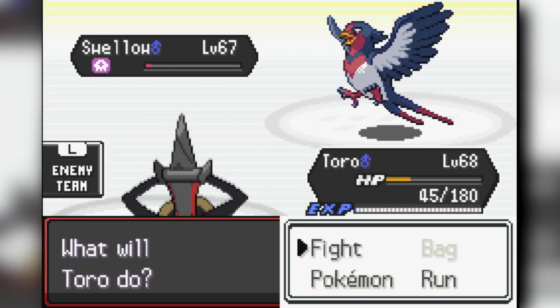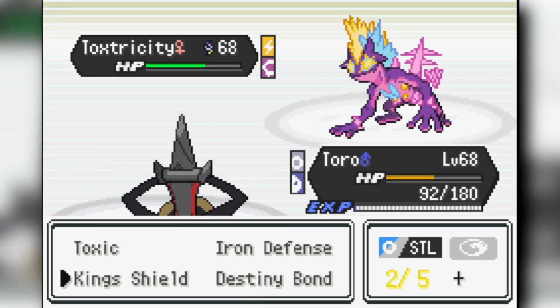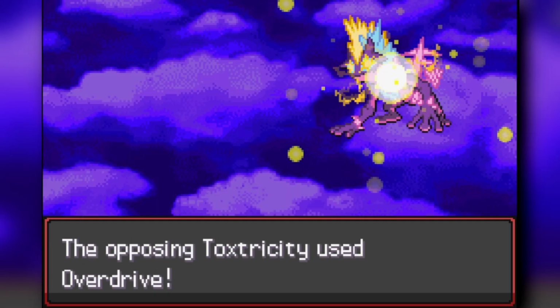I have Leftovers on my Aegislash just to recover HP. That's a huge brain move right there. I should have had something else, maybe like Amnesia. Does it learn Amnesia? Maybe something like that, or anything, but my Aegislash gets pretty low on HP, but we